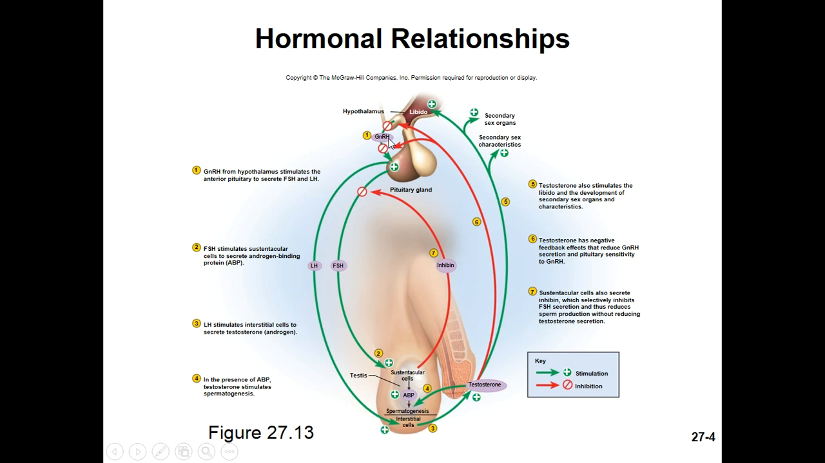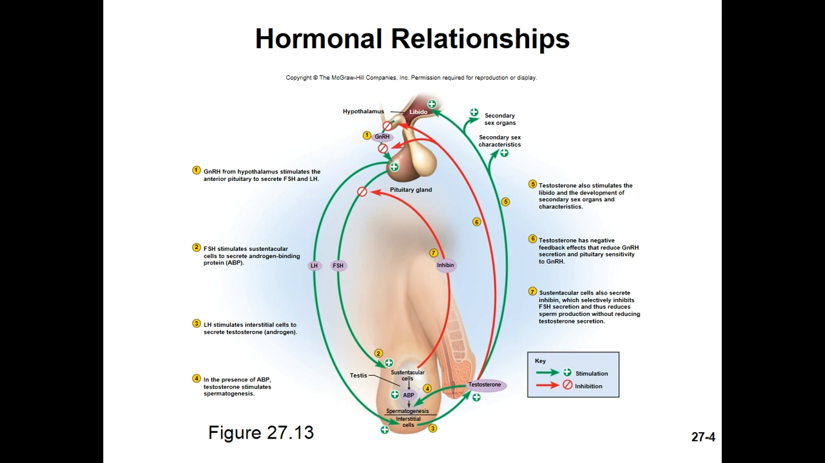GnRH, gonadotropin releasing hormone. GnRH is the first stage of puberty in both men and women, and we can see that it affects the pituitary gland. GnRH turns on the production of two other hormones, LH, that's luteinizing hormone, and FSH, that's follicle stimulating